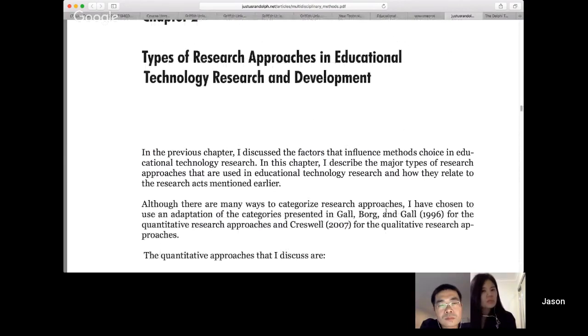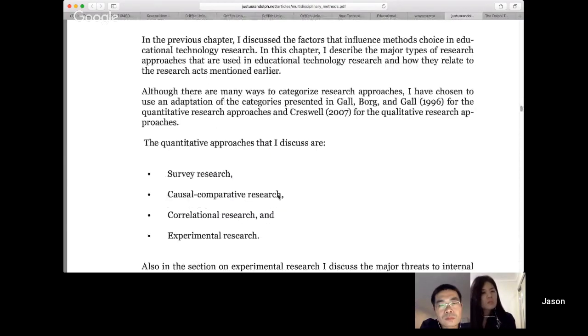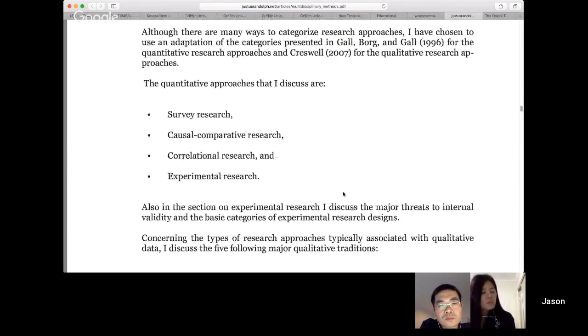Okay, so then we have a range of different types of research. Now, you hopefully would have learnt about the two main categories of research, quantitative and qualitative. Are those terms familiar? Yep. Good. Under quantitative, we have four main approaches, the main one being experimental research. We also, as part of that, have what's called quasi-experimental research. But then we have correlation research, causal comparative research, and survey research.